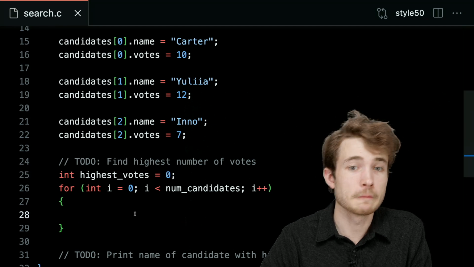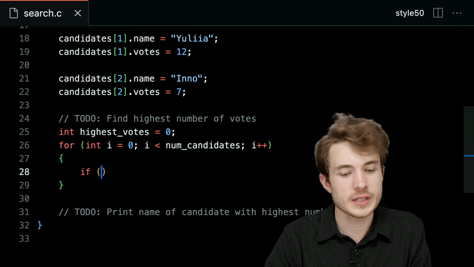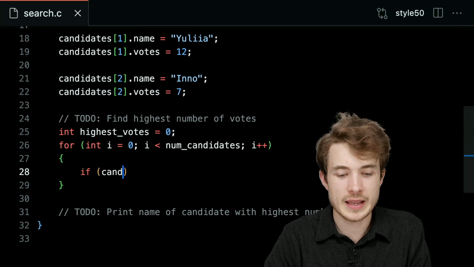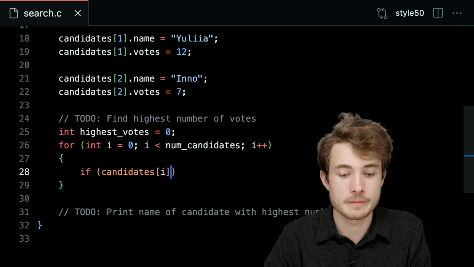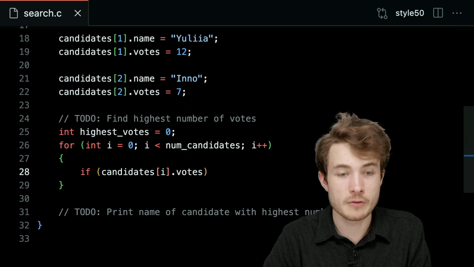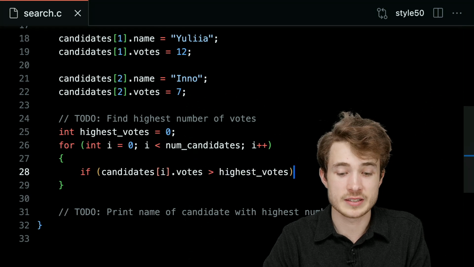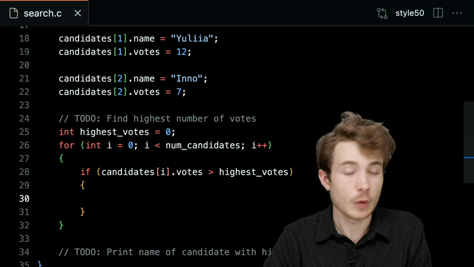So while I'm looping, I could ask this question: if candidates[i], that is, the candidate in my list at the index i, if their number of votes, candidates[i].votes, is greater than what we've currently set as the highest number of votes, I want to update it.